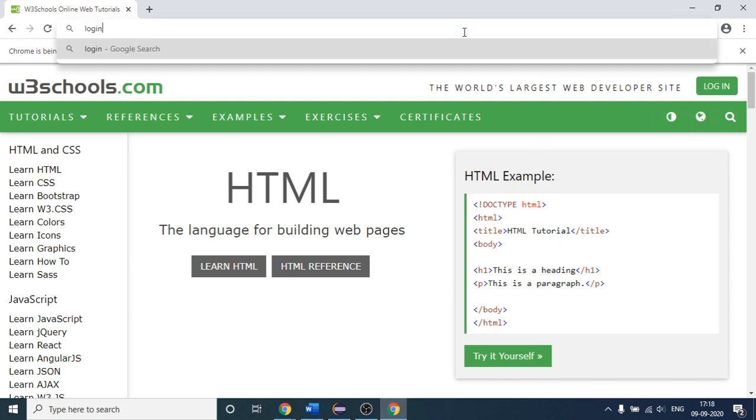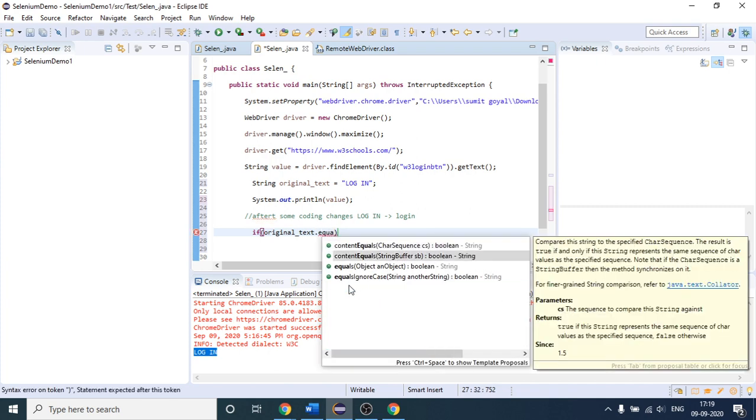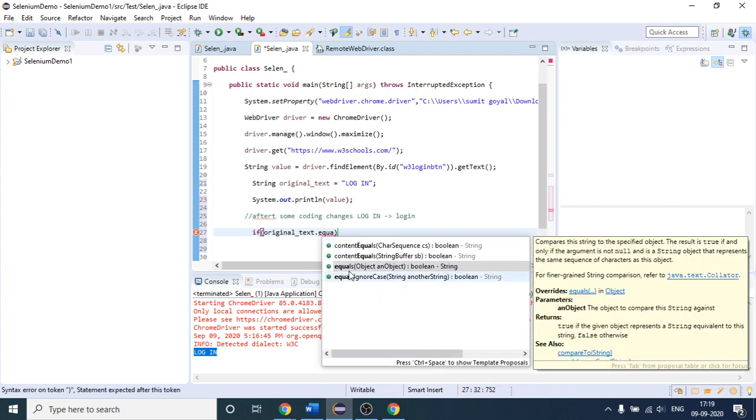Suppose this becomes this, so I will write one if-else condition. Here I can write: if this is my original text, dot equals. I hope you know the purpose of using this: it will compare whether the two strings are the same or not.